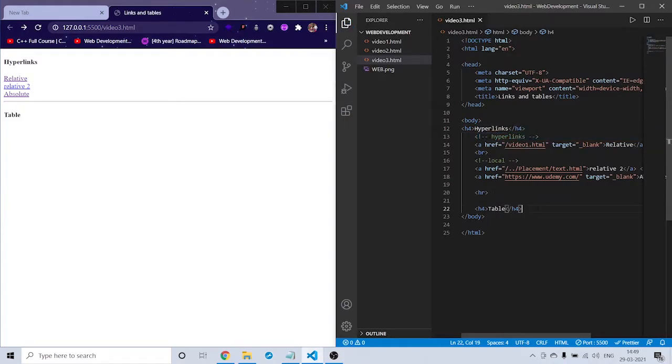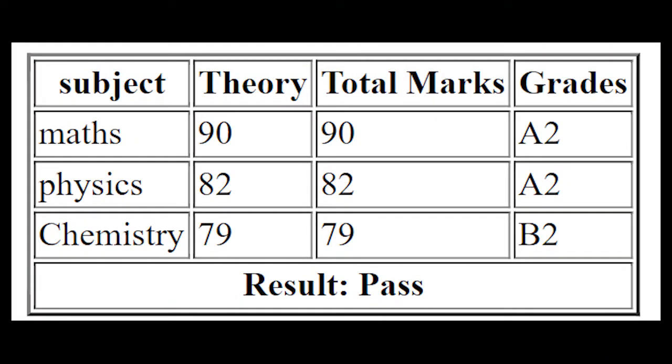And in the table, as I said, first we need to open a table, which means the table tag, as simple as that. Now this is the table we want to make here.